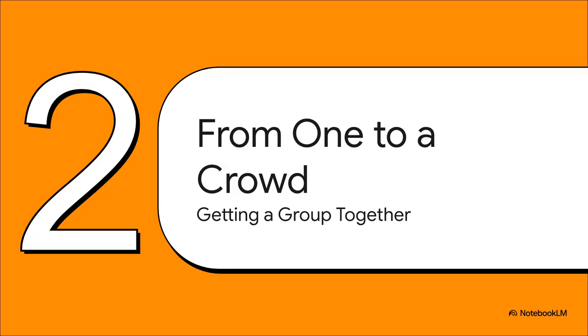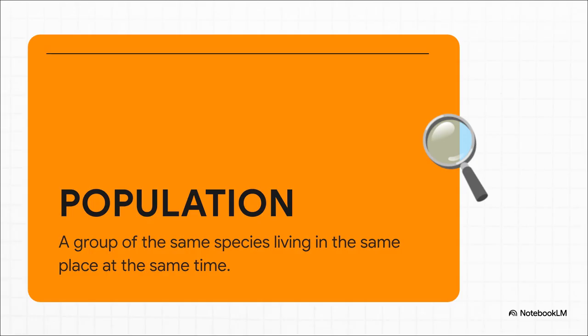They're usually in groups. So let's take the next step up and see what happens when you get a bunch of them together. And our next level is a population. Now, the definition here is really key. It's not just any group. It's a group of the same species, all living together in the same area. And that distinction is crucial for scientists who are studying how these groups grow and stay healthy over time.